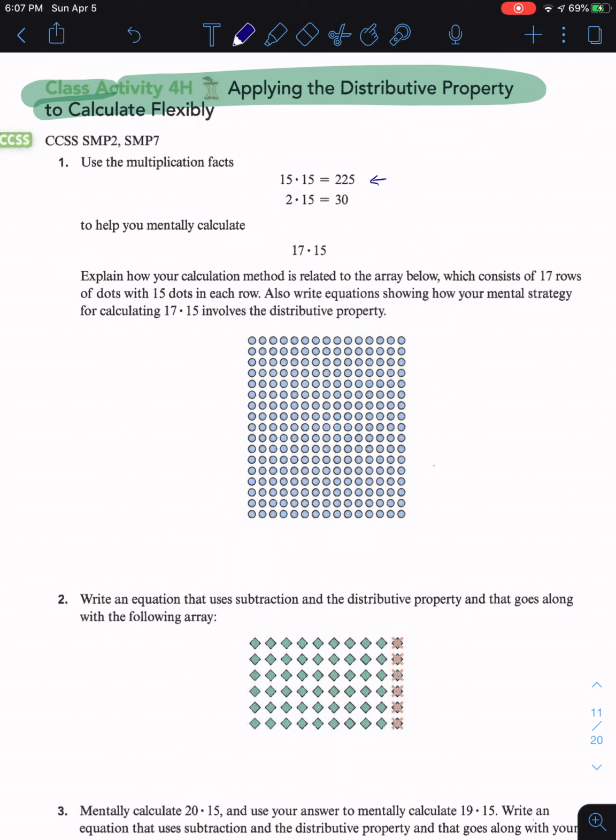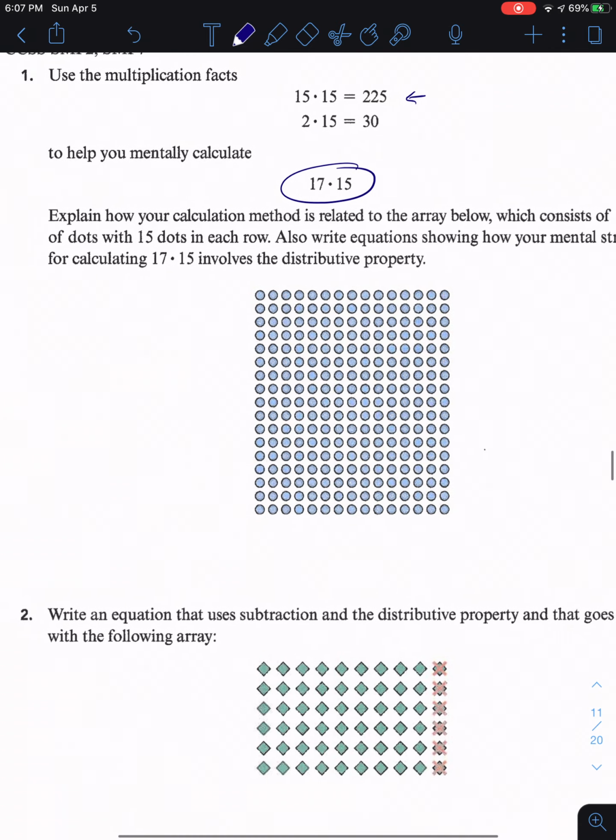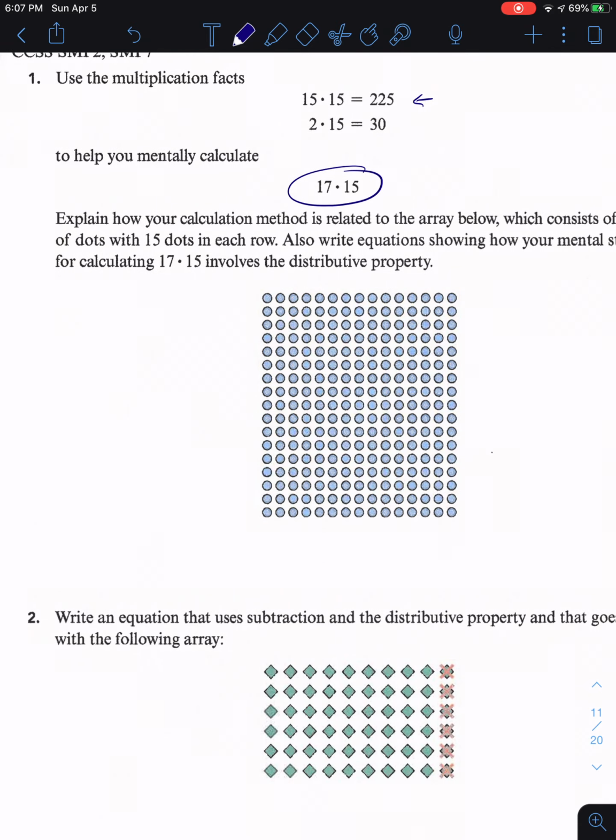Now, what if you're asked to calculate 17 times 15? Well, if we look at this grid, this is 17 and this is 15. And sure enough, we could go in there and count them all, or we can figure out what 17 times 15 is straight, or using a calculator or whatever, so that would give us the total area. Or couldn't we split up